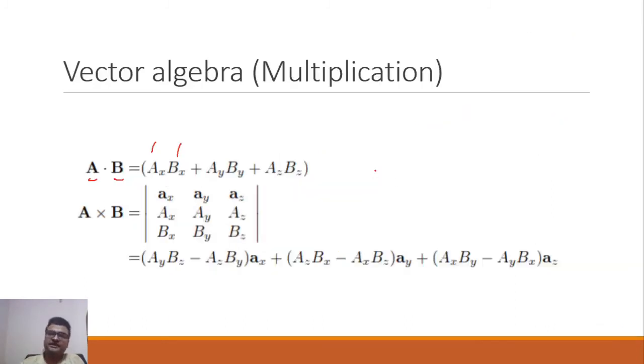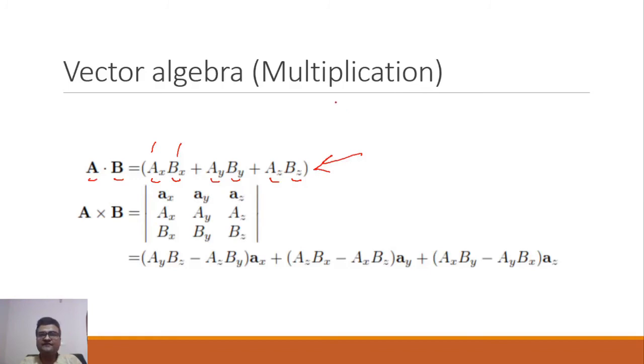So that is why you can see here that we are getting the actual scalar multiplication of only the corresponding direction coefficients. So AX is multiplied by BX, AY is multiplied by BY, and AZ is multiplied by BZ. We are not getting any other permutation combination, like AX multiplied by AZ or something like that. So we are getting this kind of answer only. So to dot multiply two vectors which are written in their component form is very easy.